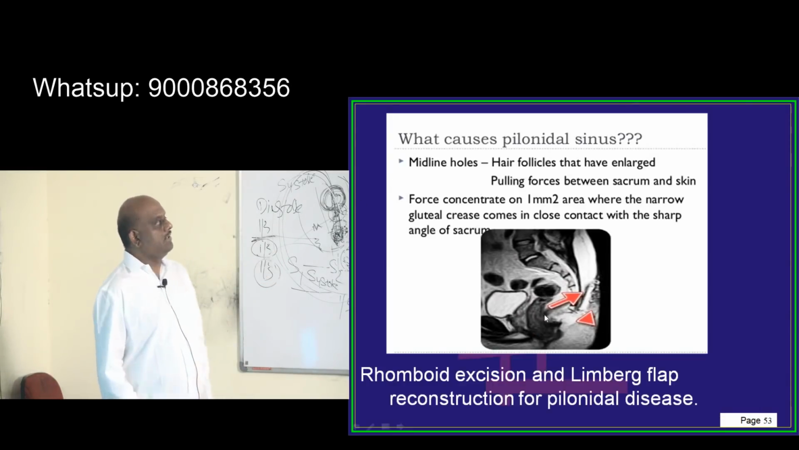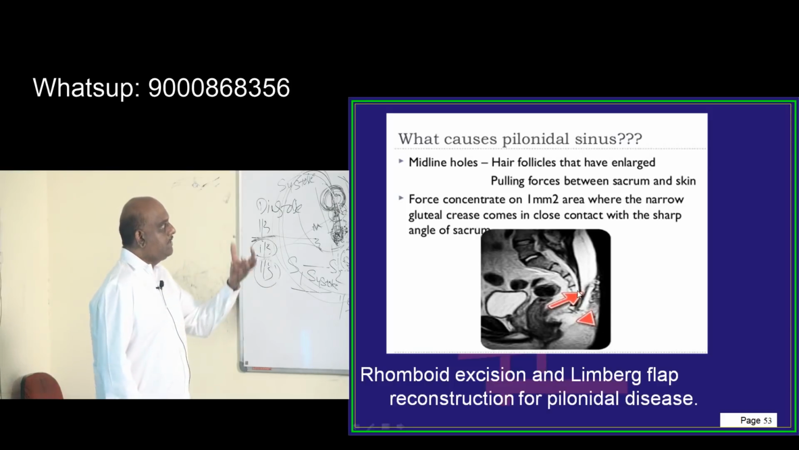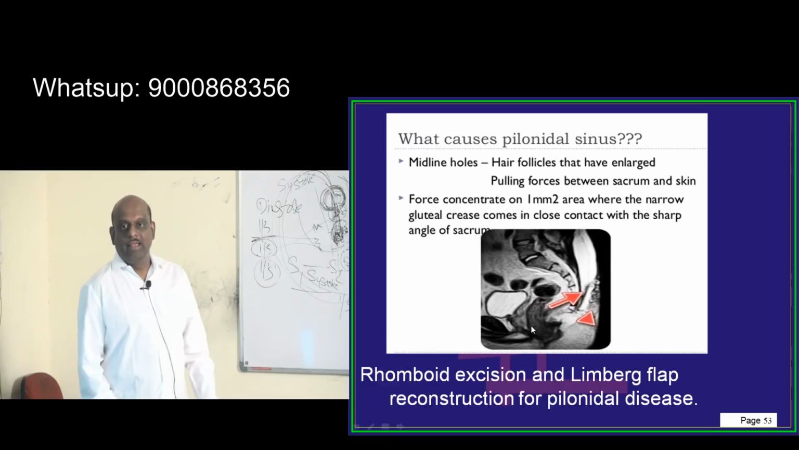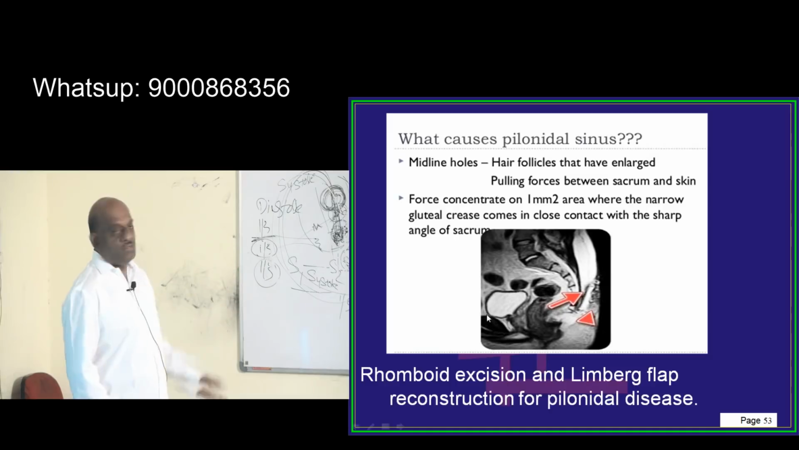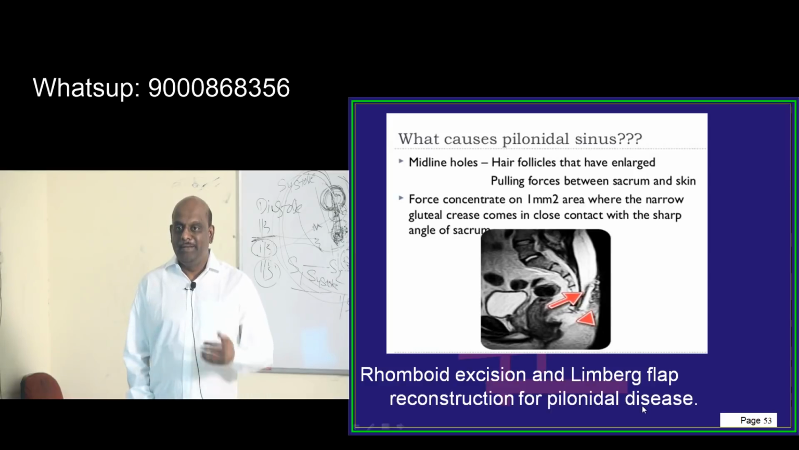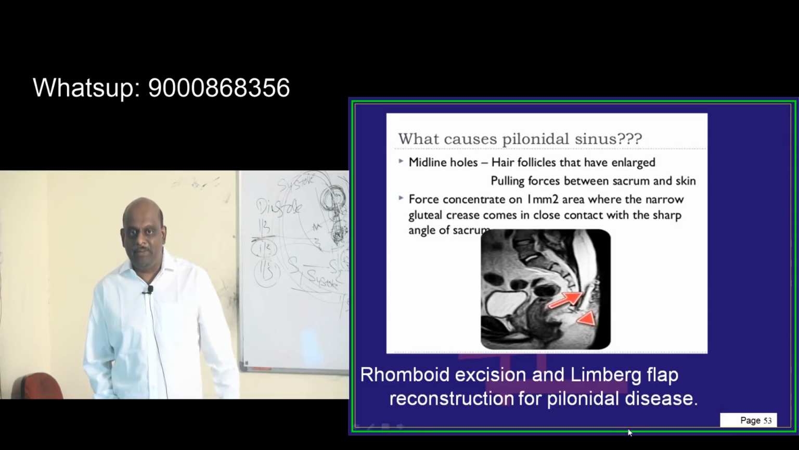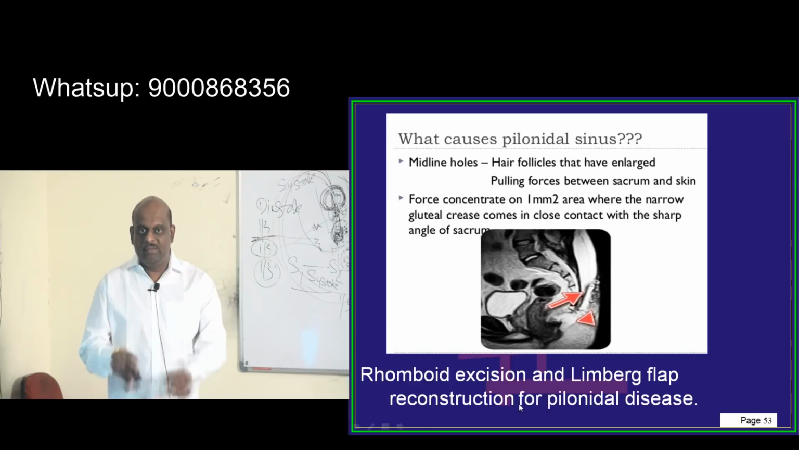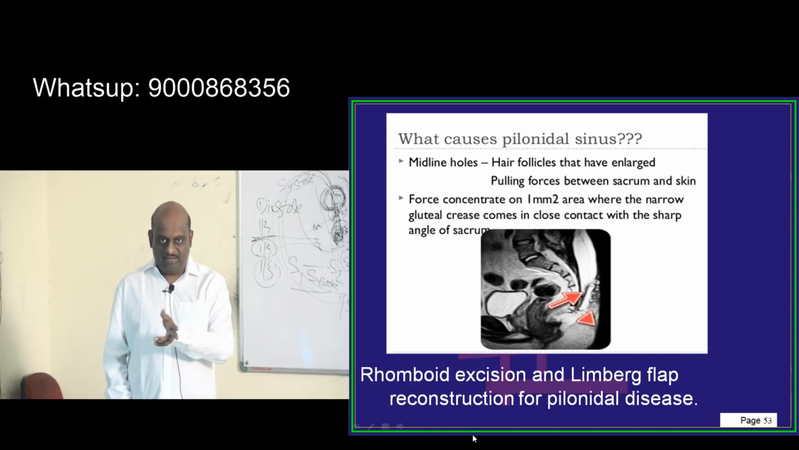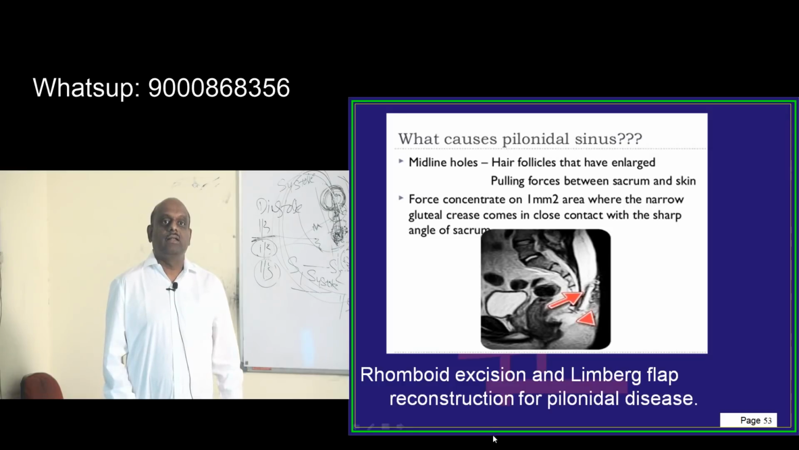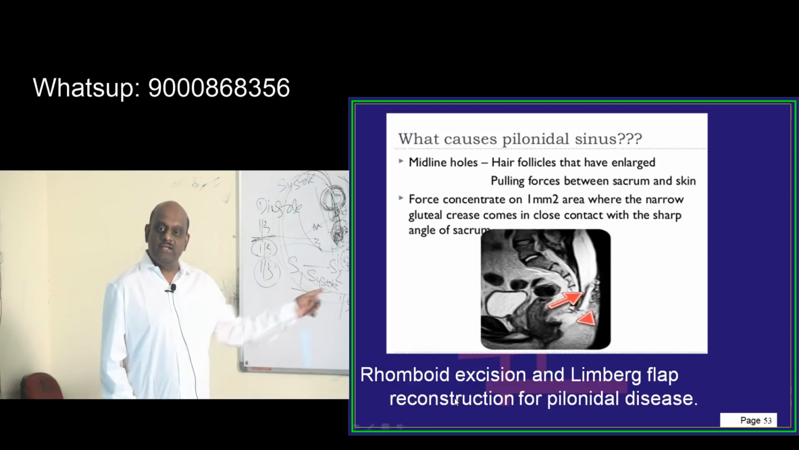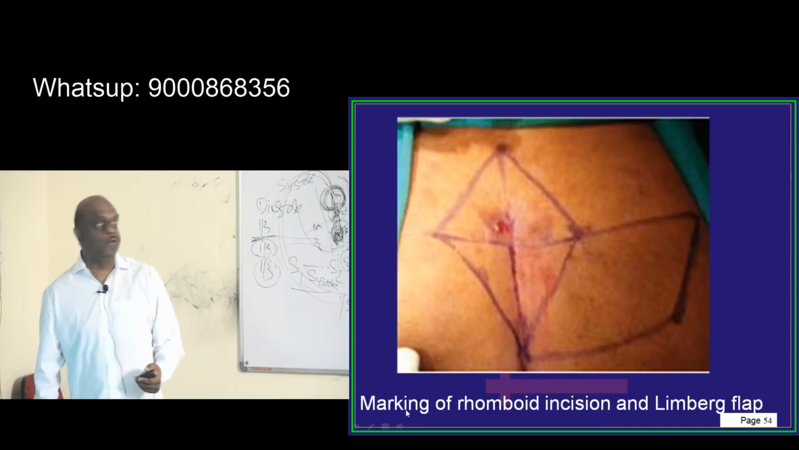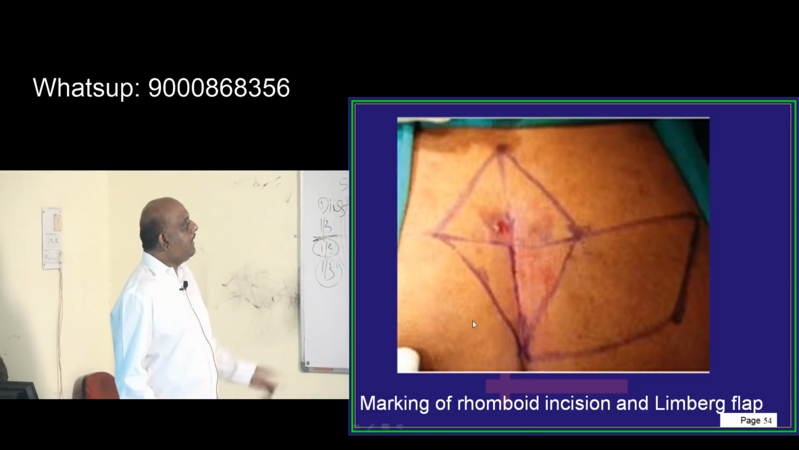So there are the midline holes, the hair follicles are enlarged, there is a pulling force between the sacrum and skin, and all that force is concentrated in a 1 millimeter square area. So that is the whole situation. And for this we use what is called a Limberg flap. And for putting that Limberg flap, we have to do a rhomboid shaped incision, so excision of the overlying skin. So the flap is not rhomboid, it is a Limberg flap, and the excision is of the shape of a rhomboid, is what you need to remember. So this is a typical rhomboid incision,